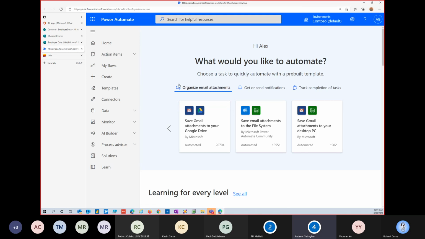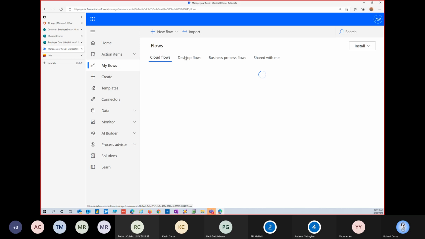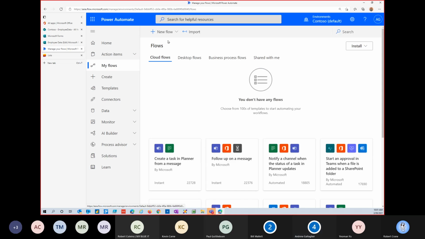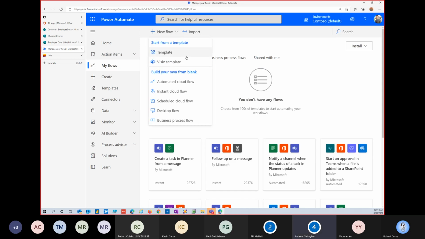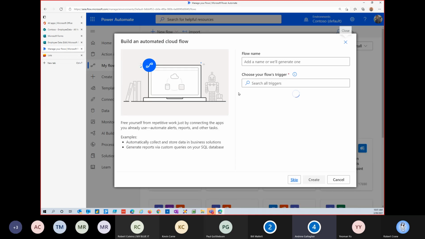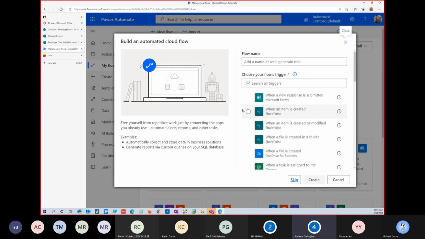So I jump over to Power Automate, and I want to create a new flow, which I simply select at the top. I want to create an automated flow. So basically, whenever someone enters data into the form, the flow is automated to run, look at that data, and then run through the flow, and in our flow, add it to the SharePoint list.